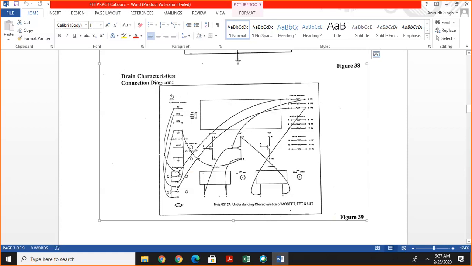To plot drain characteristic, we have to set the voltage VGS.